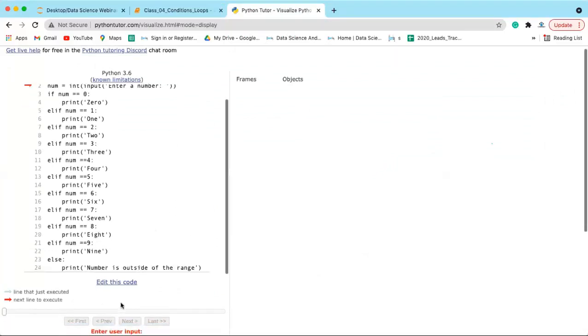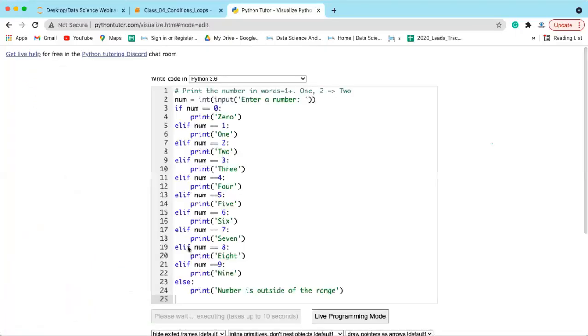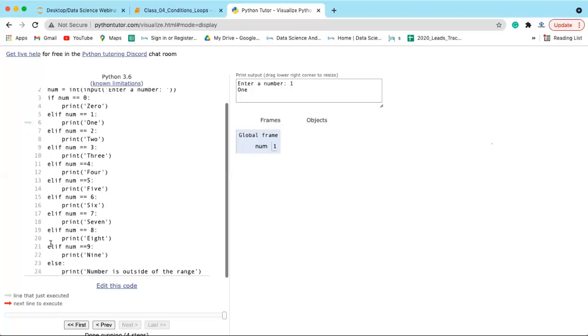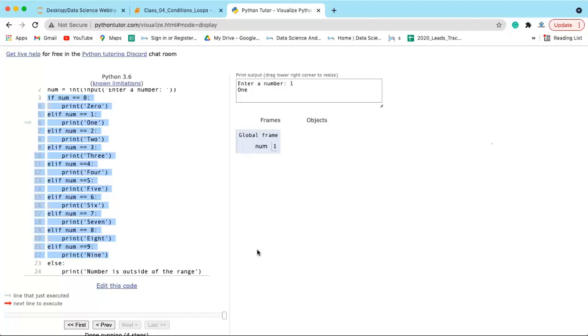So let's say now I enter 1 again, and submit here. So now if I'm entering 1, this condition is false, right? So it is coming to the next condition and this condition is true. So it is going to print 1 and it will exit the execution. It will not check the rest of the conditions, because if this condition is true, by default the rest of the conditions will be false. And since this condition is also evaluated as false, it is not coming to the else block, because in this case this else is for this whole if elif block. If all the conditions are false, then only this else will be executed, otherwise it will not be executed. Clear? If any one of these conditions is true, then this else block will not be executed. Clear, everyone?